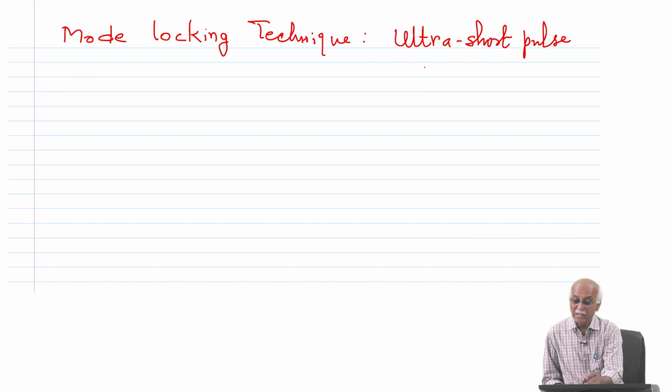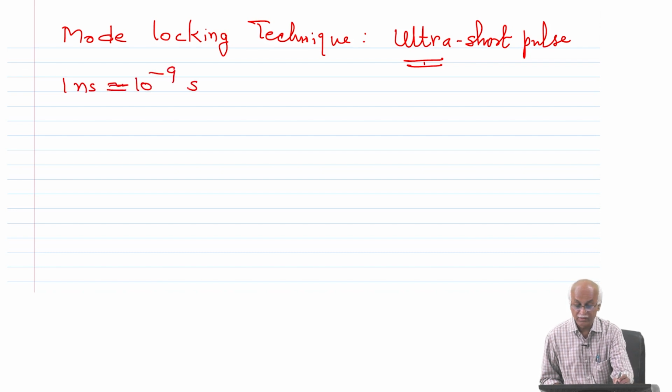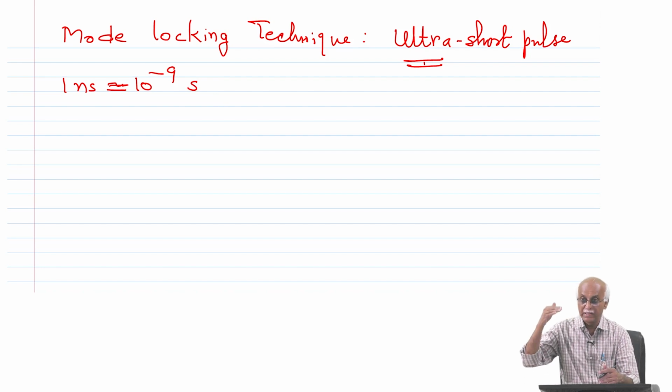Okay. So, what does ultra short pulse mean? When we say short pulse laser output or pulsed laser output, maybe Nd:YAG laser means few nanoseconds, as we already discussed, 5 to 6 nanosecond, or if it is titanium sapphire laser maybe 10 nanosecond, 20 nanosecond, these are all short pulse. 1 nanosecond, of course we know, corresponds to 10 raised to minus 9 second, correct. So, the whole pulse energy is extracted in such a short period of time, 5 to 6 nanosecond, right. Hence, the peak power is very large, and